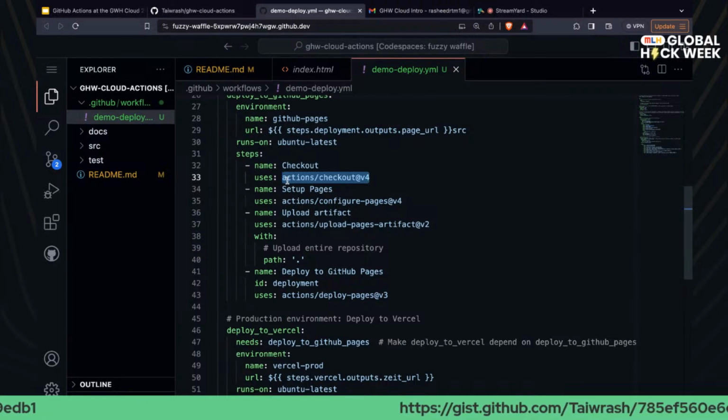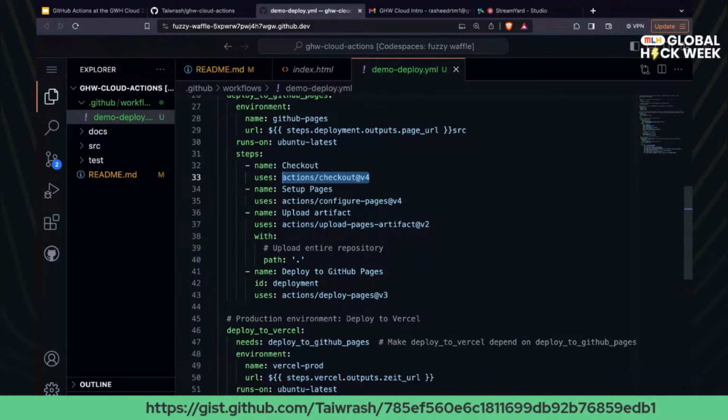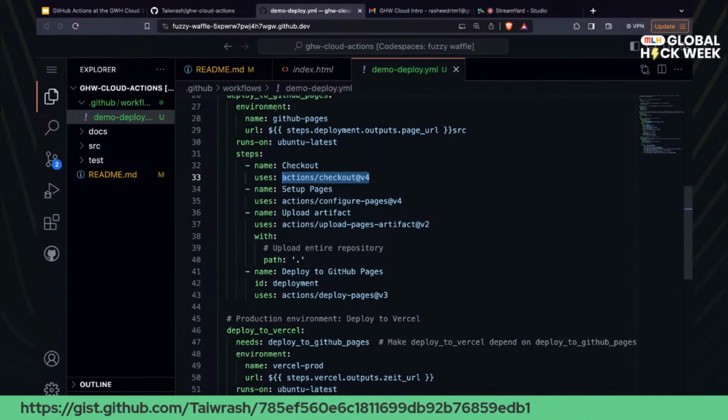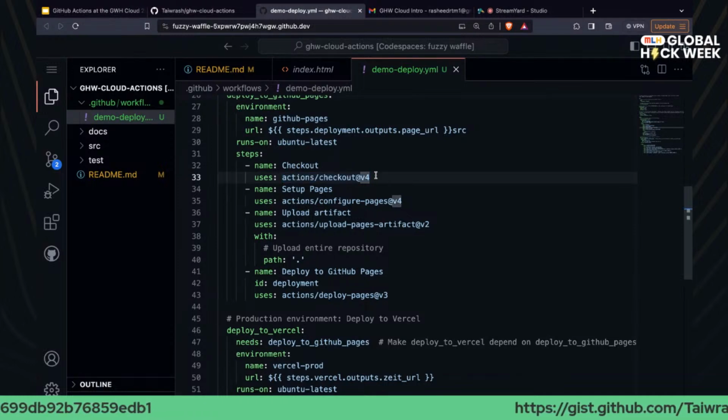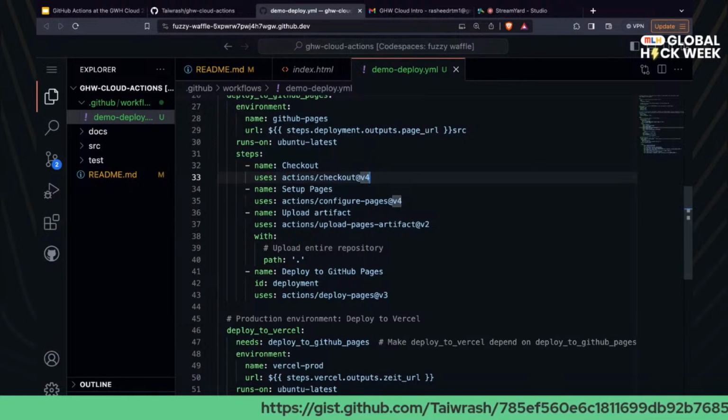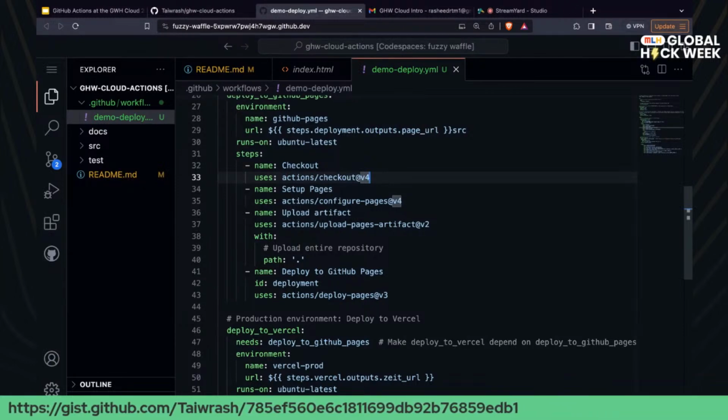So you can go to github.com/ copy this, put this at the end, and you'll be able to link up the repository of this particular action. So you can fork it, clone it, and edit it to your taste if it is not working the way you want it to work. But that's not the focus of this session. The focus of this session is how to get started with it.